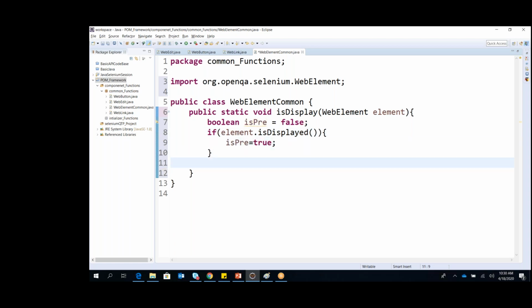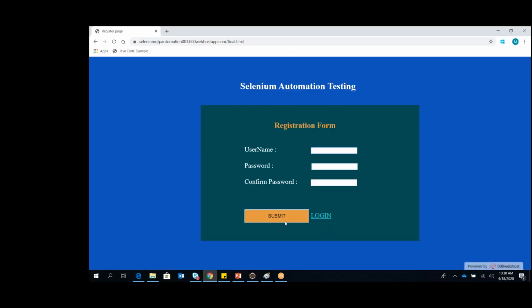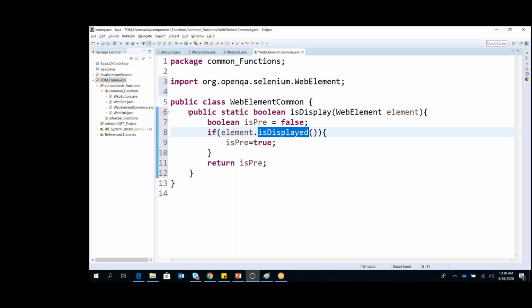Otherwise, always I will return isPresent. Now, since it returns a value, I change this to boolean as the return type. So this is my first function where I check whether that element, whatever the element, is it my username, my submit, my link, is displayed or not.